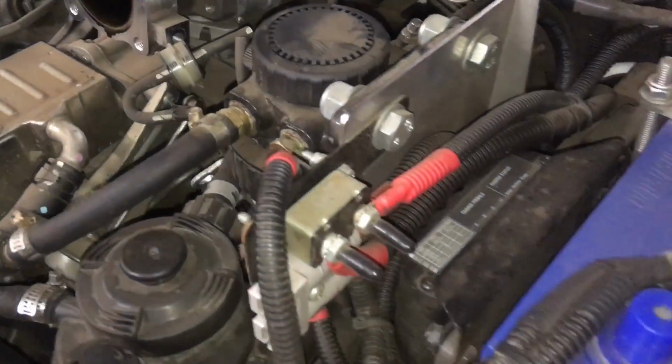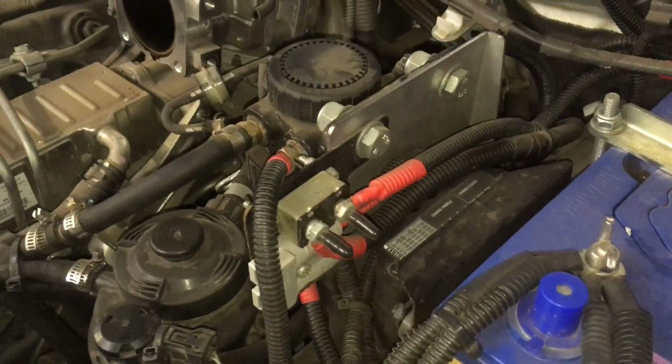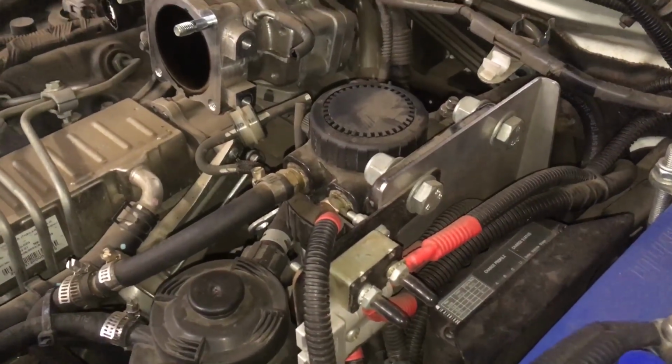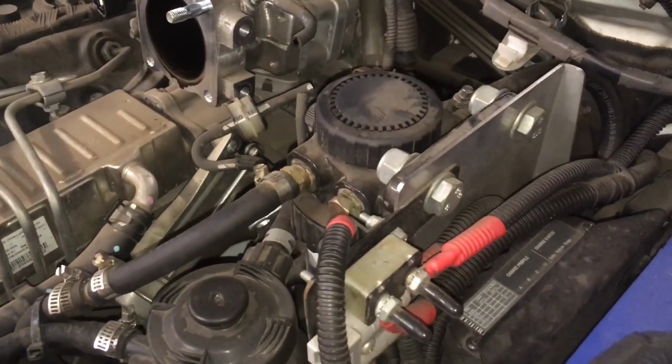So the problem we've got here is the dual battery, dual as in D-U-A-L, not J-E-W-E-L. When I talk to the phone, it comes up Jewel. Jewel of the Nile, you know. Anyway,